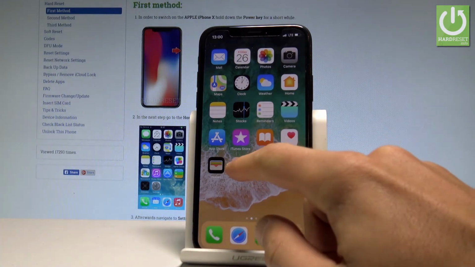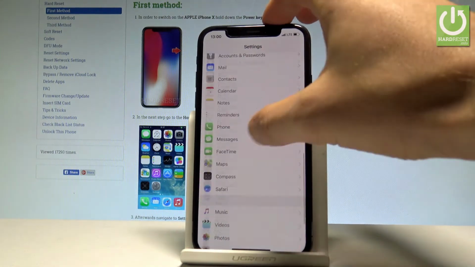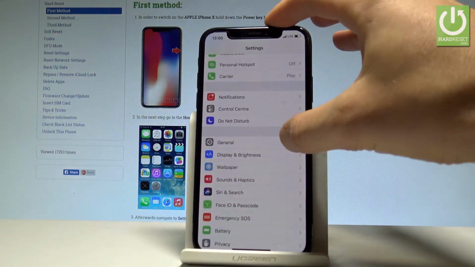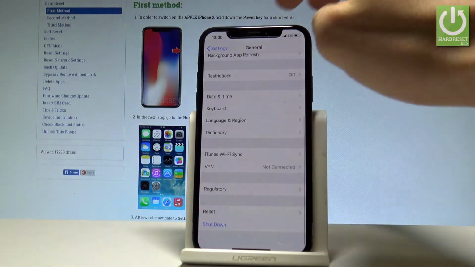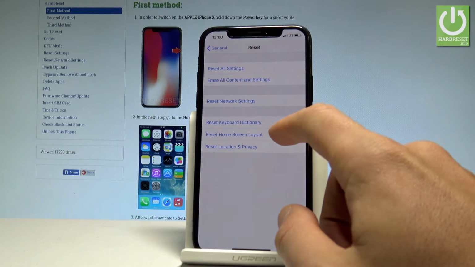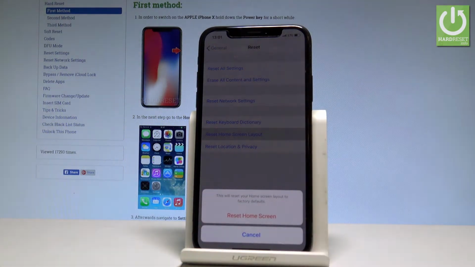So this is the settings icon, of course. Let's find general, and this is the general icon. Let's choose it. Scroll down to the bottom of the list and here you can find reset option. Let's choose it. Then let's select reset home screen layout, and this will reset your home screen layout, returning it